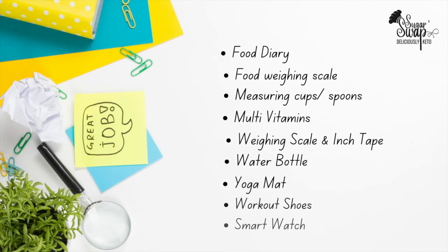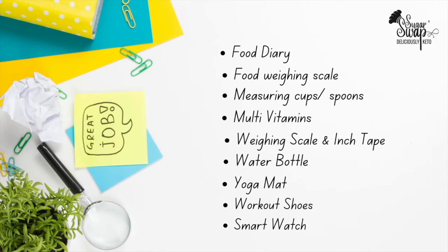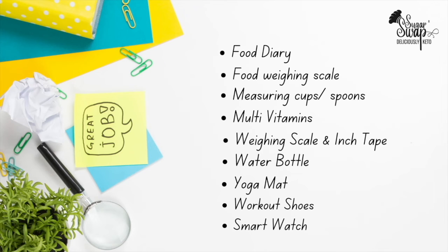Let's take a look at this once more. Food diary, food weighing scale, measuring cups or spoons, multivitamins, weighing scale and inch tape, water bottle, yoga mat,